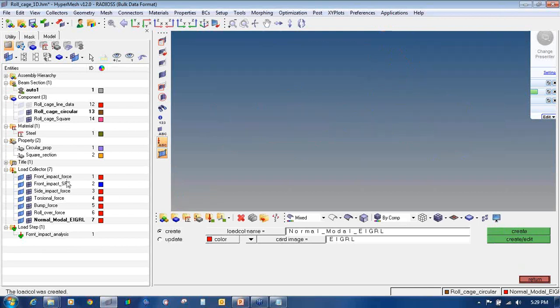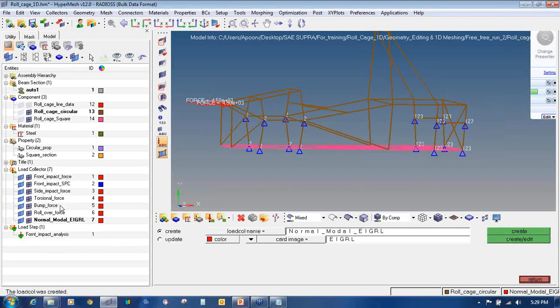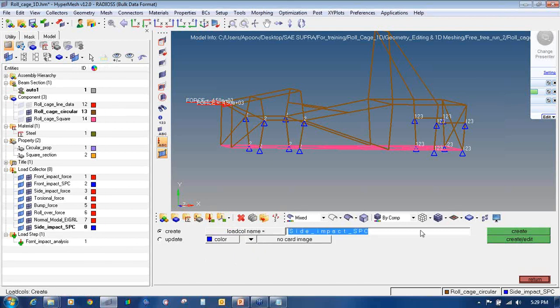Now my front impact force, side impact force, torsional force, bump force, rollover and normal modes have been done. Now I will create constraints accordingly. As front impact SPC has been done, I will start with side impact SPC. I will give it a color as blue, no card image, and say create. Then we will define torsional and say create.